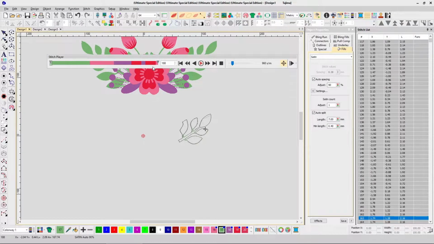Now this is time consuming. So again, the digitizer has to keep that in mind, that each of these stitches is run on a color basis, not on an object basis. And that is also extremely difficult.